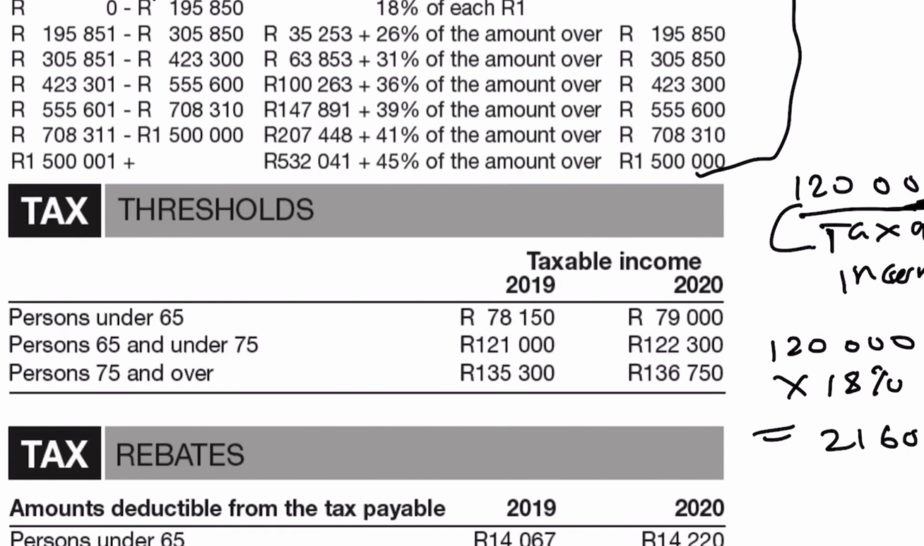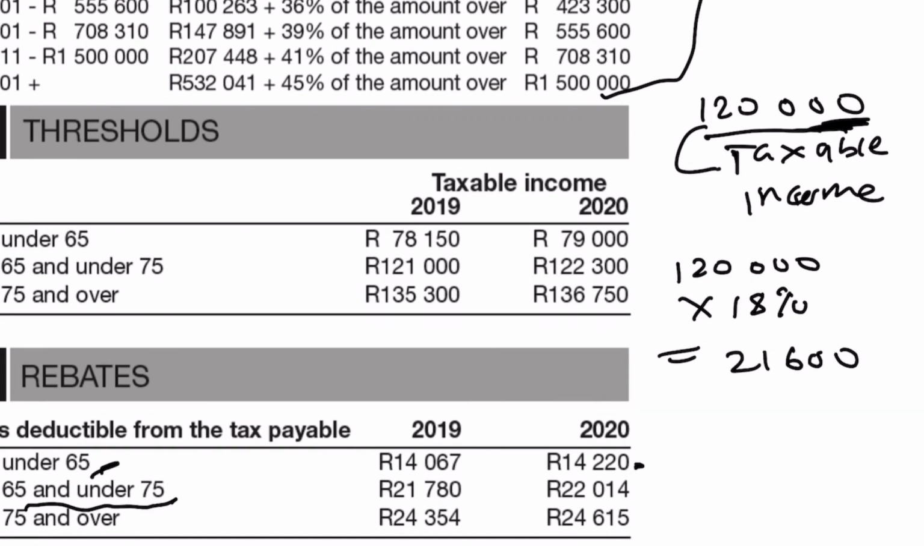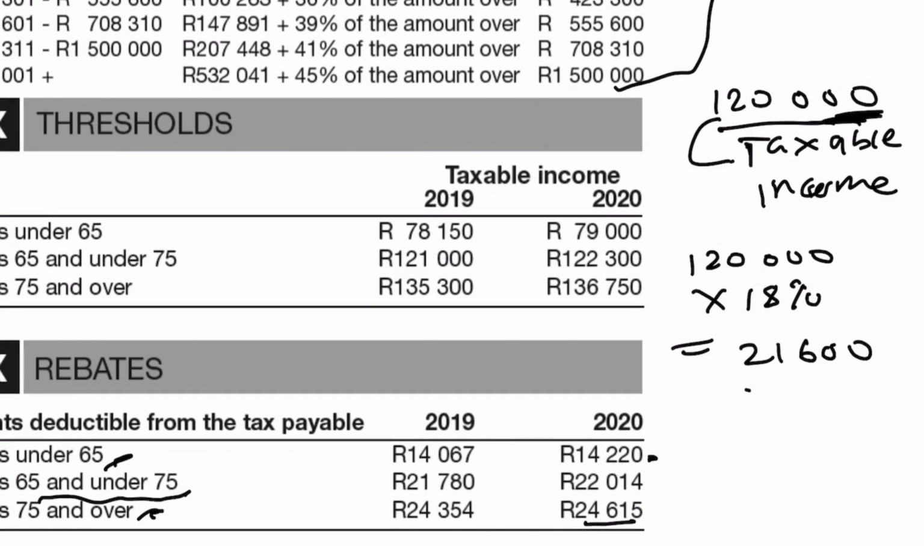Then from this amount, you will less your rebate. Remember, the rebate is determined by the age of the person as well. If you are under the age of 65, your rebate is 14,220. If you are between the age of 65 and 75, your rebate will be 22,014. And if you are over the age of 75, your rebate is 24,615. So in this case, the rebate is 14,220. So 21,600 minus 14,220,